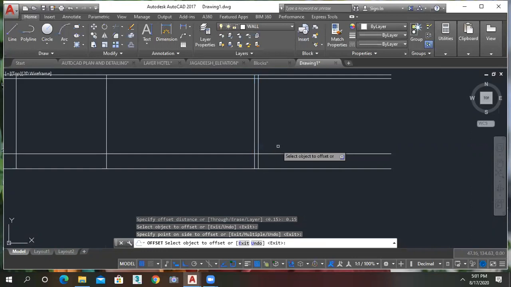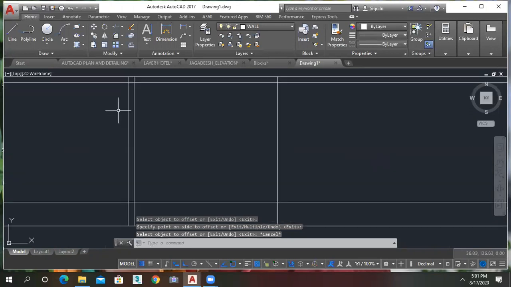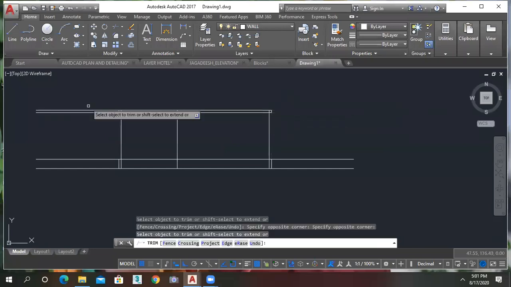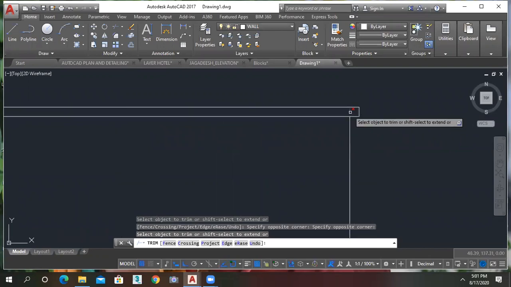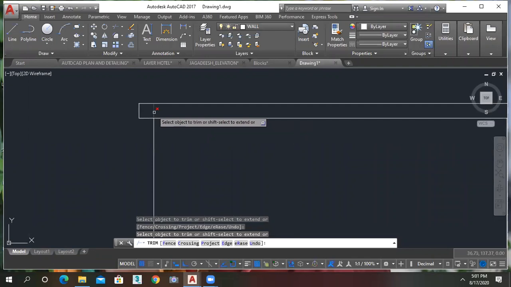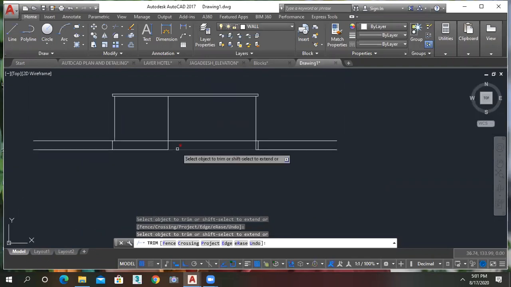It will come a little bit out of the plan like this for slab and plinth, not for the walls. So that's why I just trim it like this, and remove the unwanted portion here because the slab is uniform. This is my plinth.